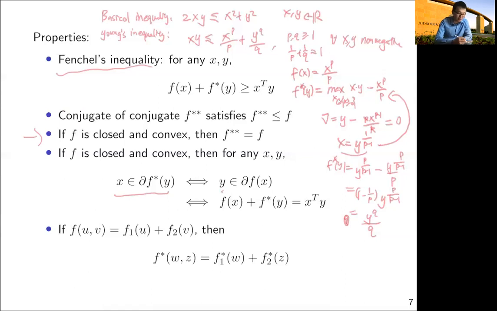You can see a very nice symmetry in these two equivalent representations, and that actually gives us the fact that whenever the equal sign is true in Fenchel's inequality, it must be the case that x satisfies this and y satisfies this. So whenever we take equality in Fenchel's inequality,